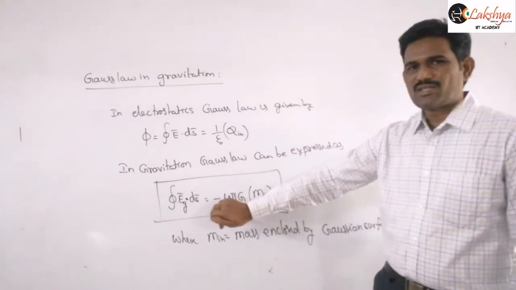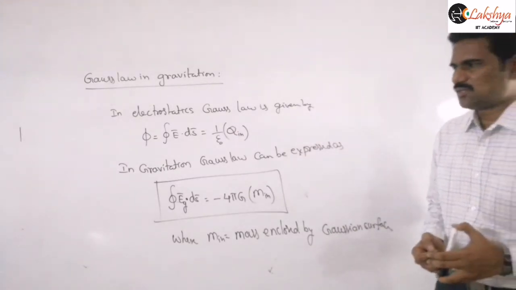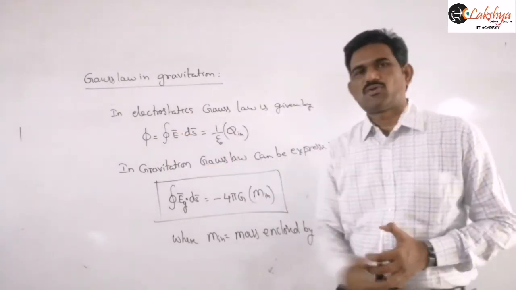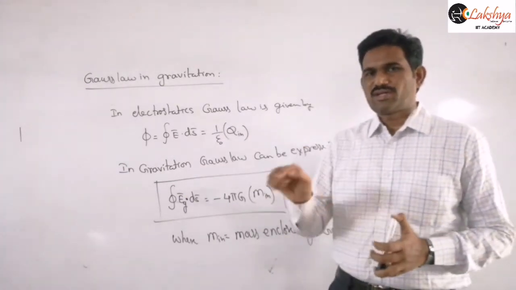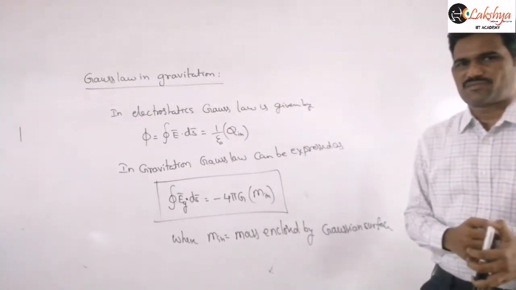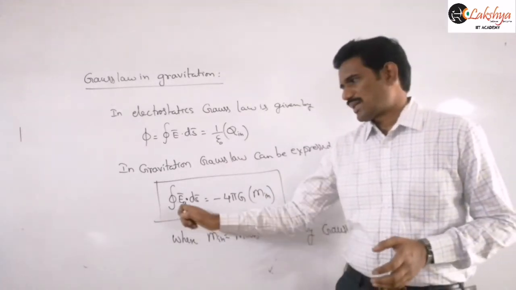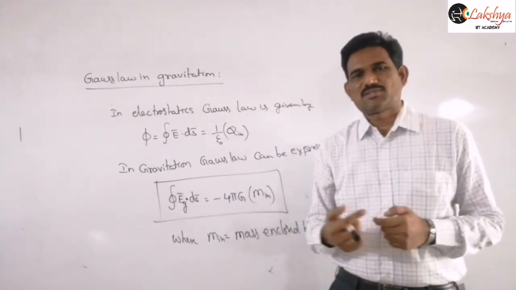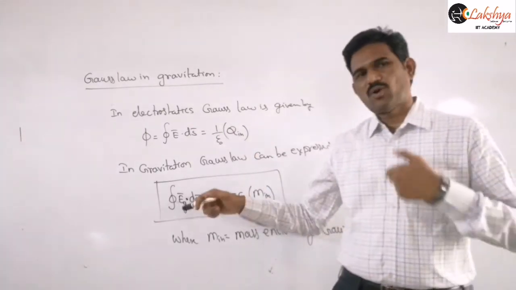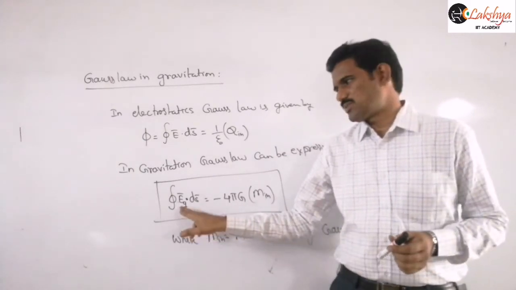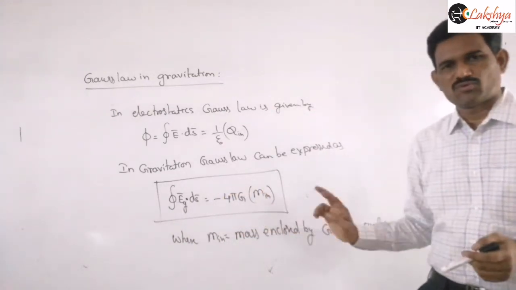And why is this negative sign introduced? When you do the calculation you will get the clarity. I can also simply explain that the electric field due to a positive charge will be away from the charge, and the area vector will also be outward for a given closed Gaussian surface. Whereas the gravitational field will always be inwards, towards the mass producing that field, and the area vector will be outwards. So you get the opposite sign, giving one more negative sign, and this negative sign cancels on both sides finally.